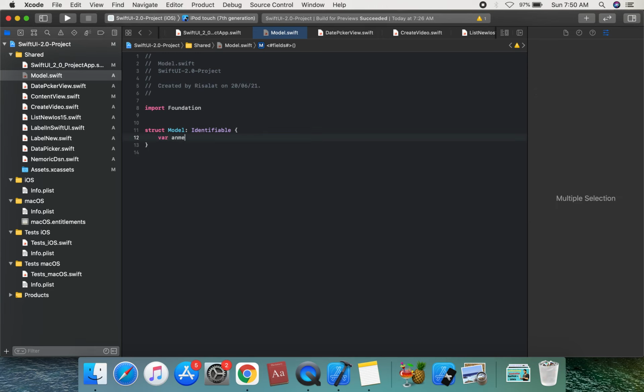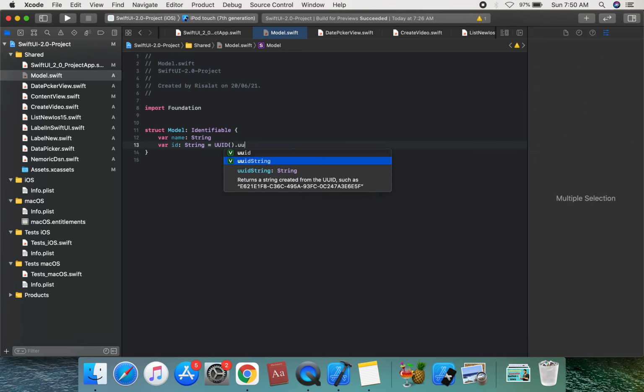Suppose var name, which is of type String, and var id, which is of type String, equal to UUID().uuidString. Then we create this model.